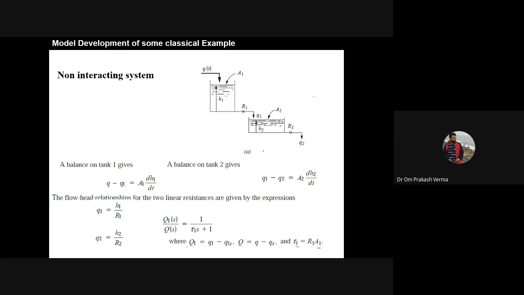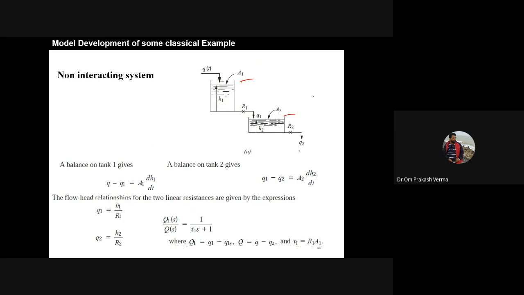So first is the non-interacting system, and in this non-interacting system you can see the connection. Let's say the area of the first tank is A1, and the area of tank 2 is A2. The valve is linear. Let's say we have considered R1 and R2 as valves. Qi is the flow rate of the input at the input side. However, Q1 is the flow rate of the output of the first tank and input for the second tank. Okay, our target is to control H1 or H2 with respect to Qi, right?